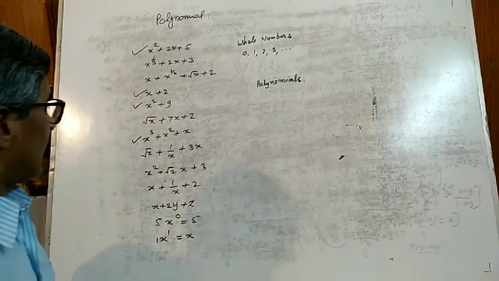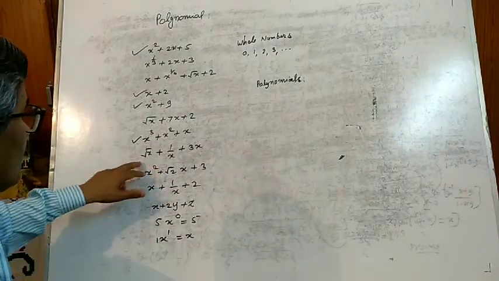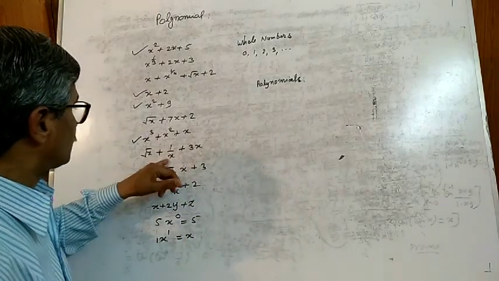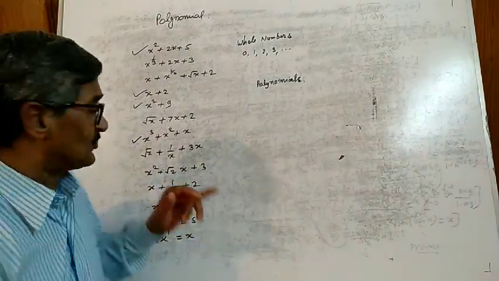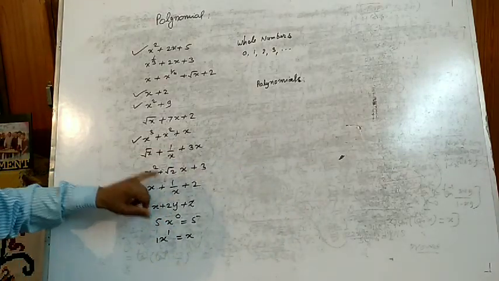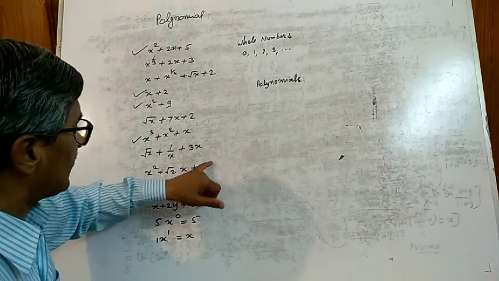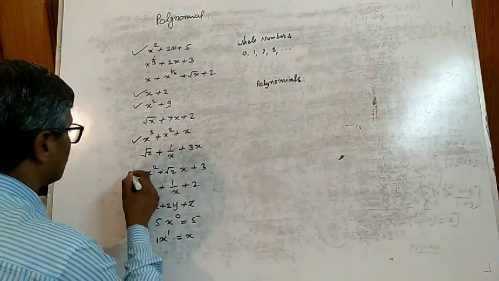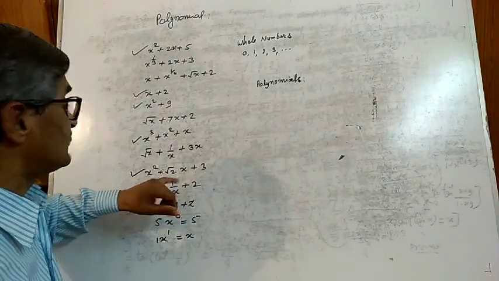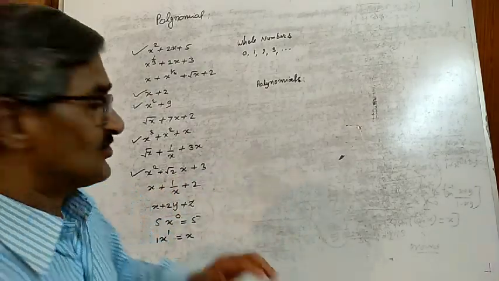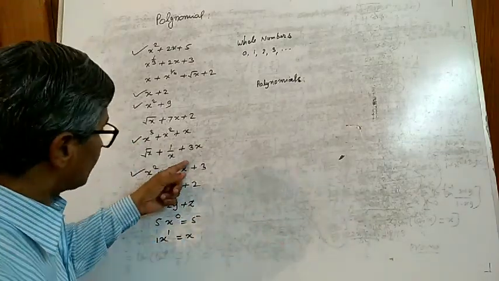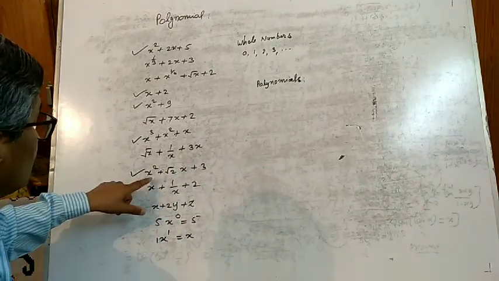x power under root x and 1 by x, these two terms we find that here x power minus 1 and here x power 1 by 2, so this is not a polynomial. Again here we find that x power 2, x power 1 and x power 0, so this is polynomial. You need not to see this under root 2. Under root 2 is not a variable, under root 2 is a number, so this is not going to affect exponent of x. Exponent of x is 1, so this is polynomial.